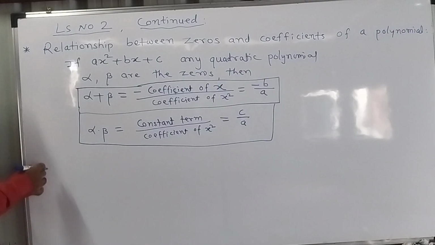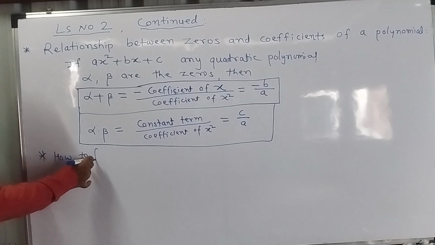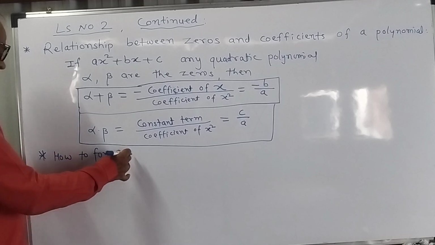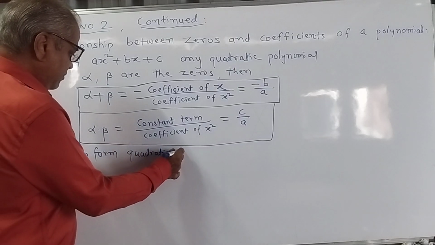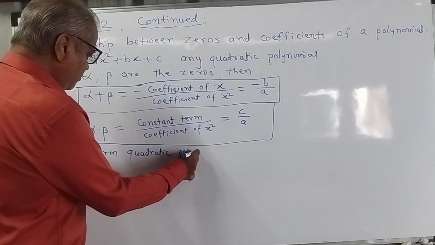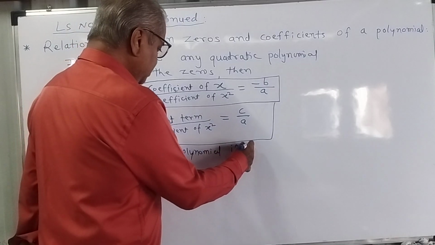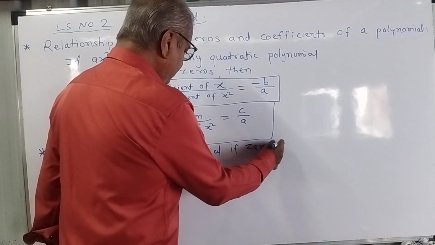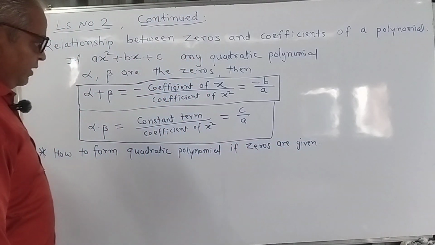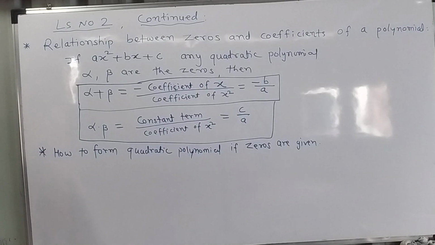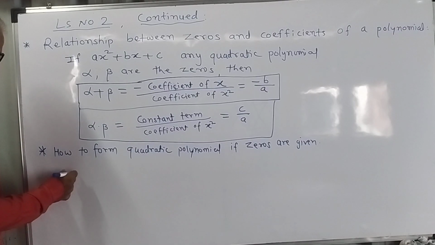One more point is how to form a quadratic polynomial if zeros are given. If zeros are given, then we can find out the quadratic polynomial by using one formula which we will see now. If